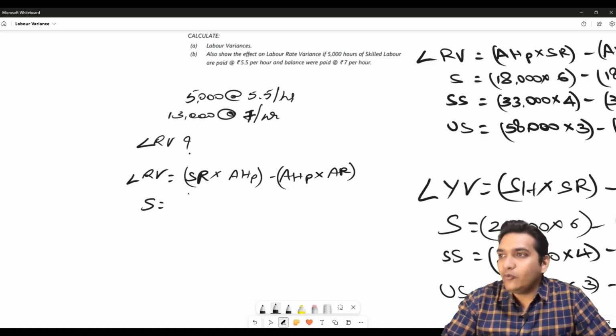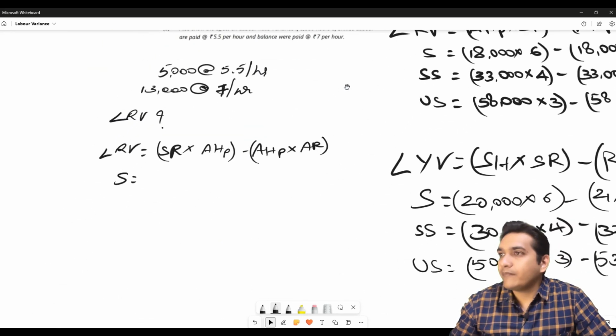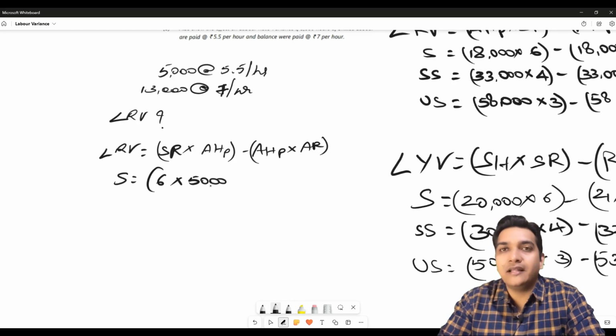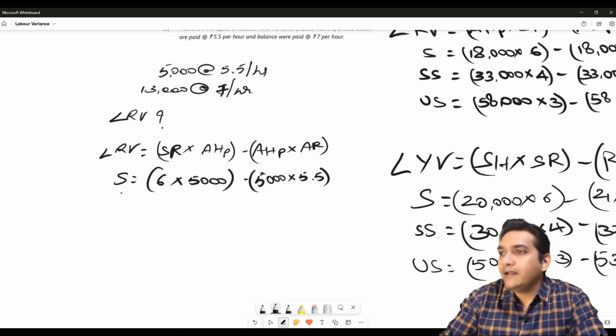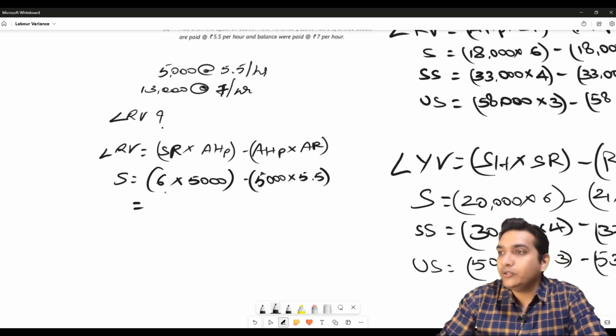One would be our standard rate of 6 multiplied by 5,000. Why? Because there are two different rates. One for 5,000 hours paid at 5.5. So minus 5,000 into 5.5. This we get 5,000 into 0.5, we get 2,500